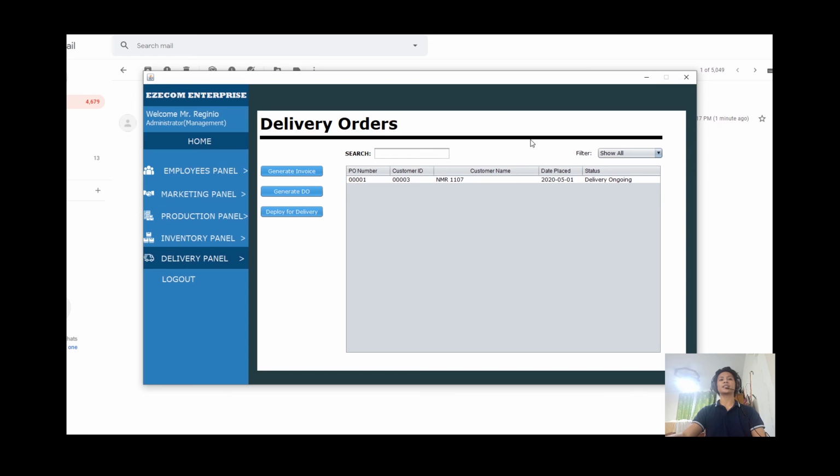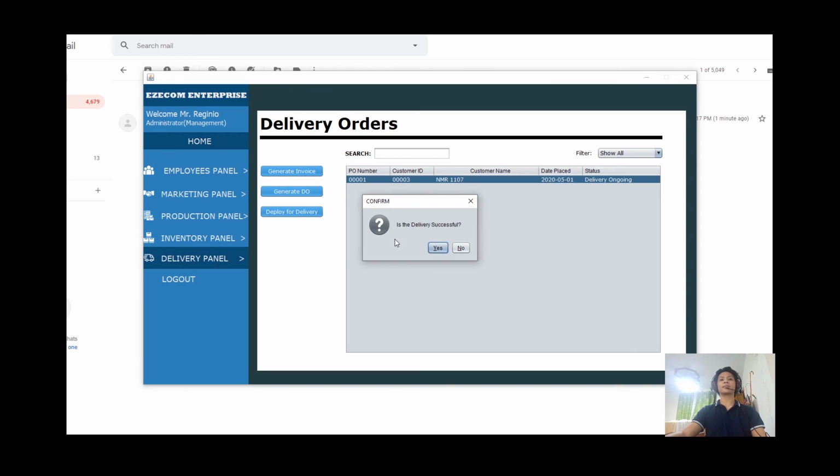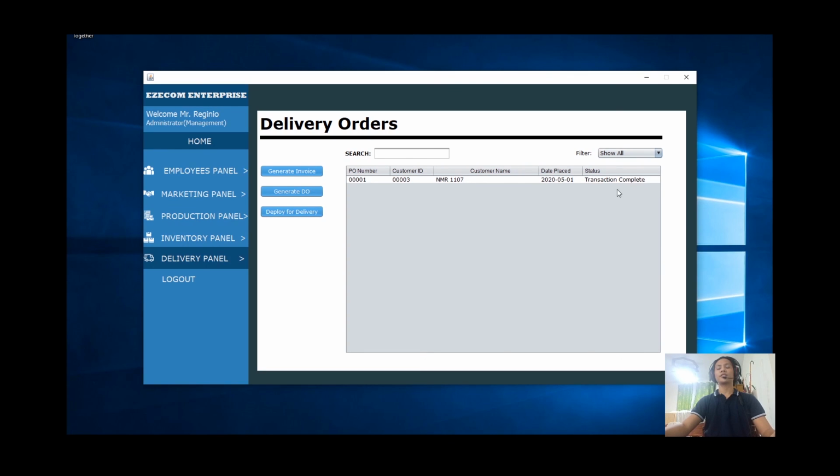After the delivery has been completed, the delivery employee is required to report the delivery to his manager. After the delivery manager has confirmed these deliveries, he can now confirm the delivery as successful. After confirming the delivery, the transaction will be completed. After the transaction has been completed, the transaction will be recorded to the sales report, which can be found in